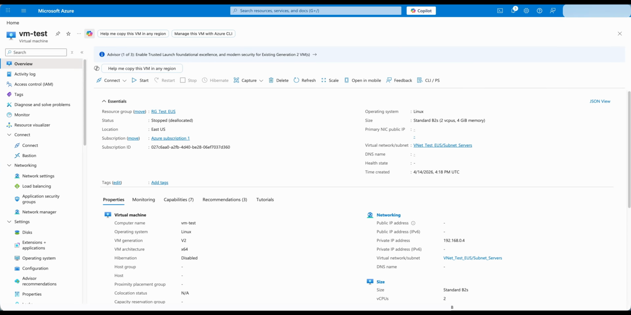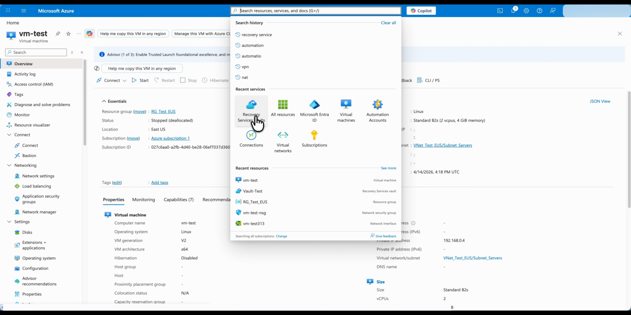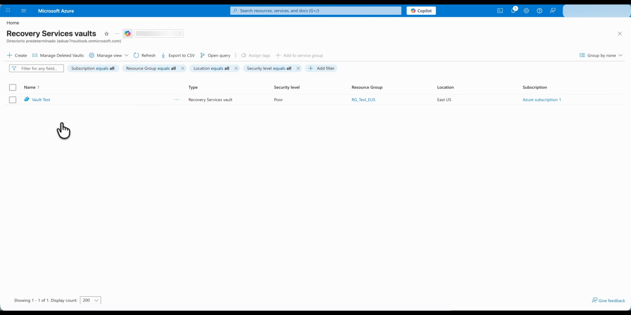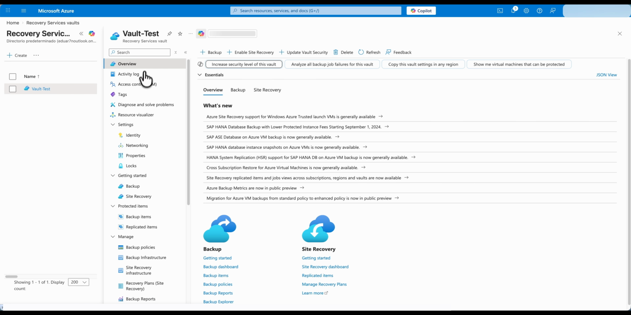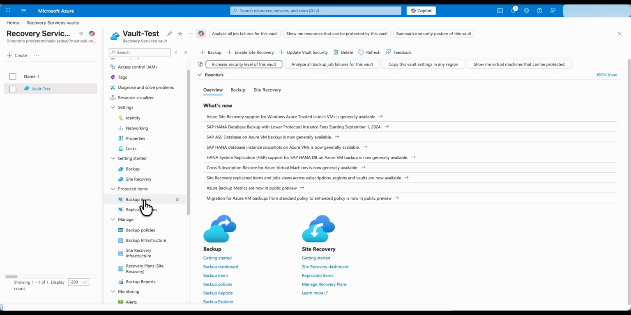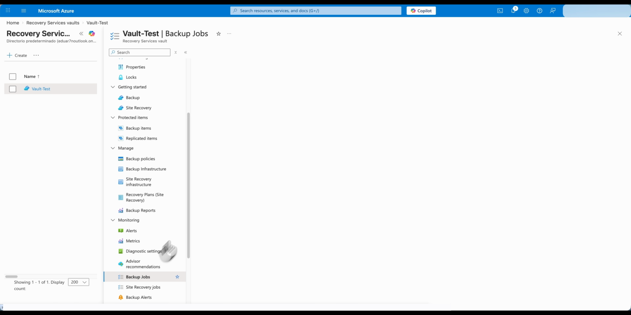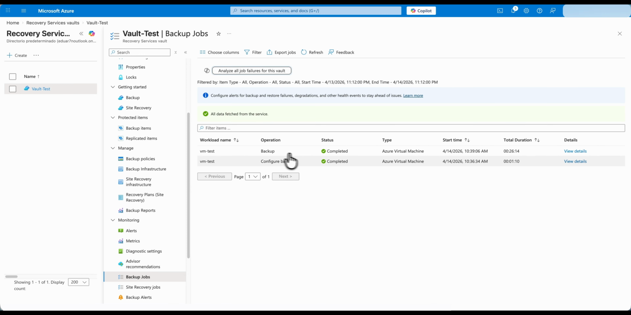Today we're going to see how to restore an Azure virtual machine from a backup. So let's start. Okay, so first I have here the virtual machine VM test, and if I go to recovery service vault, I have here the vault, and it already has a backup that I did earlier, so we're going to restore this backup